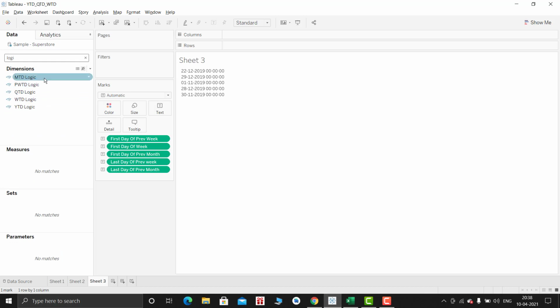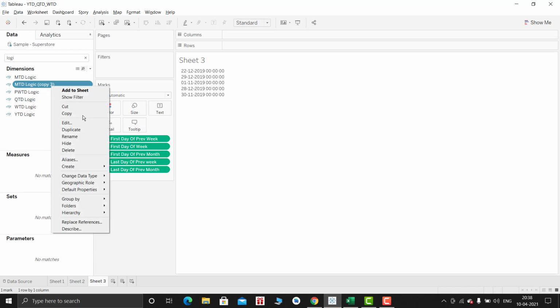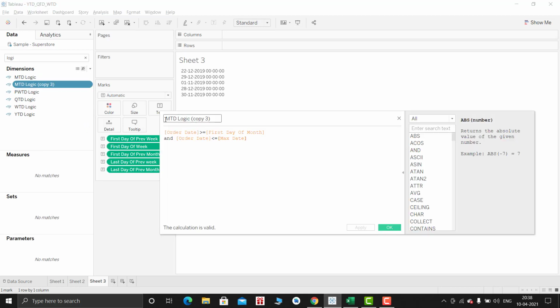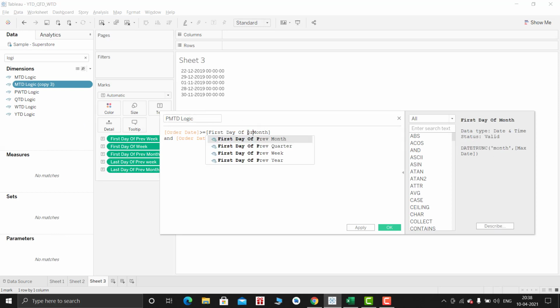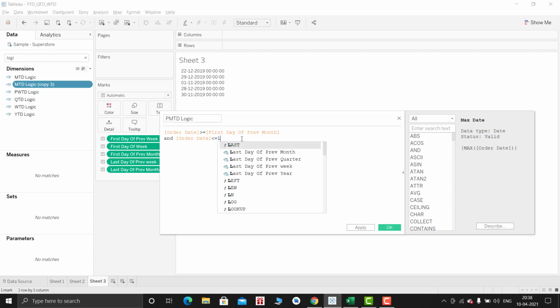So just duplicate this one, edit, just give a proper name, previous month till date, and here write previous month, and here it would be last day of previous month. Click on OK.